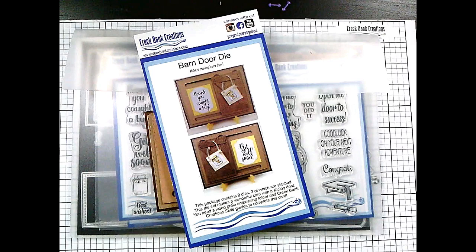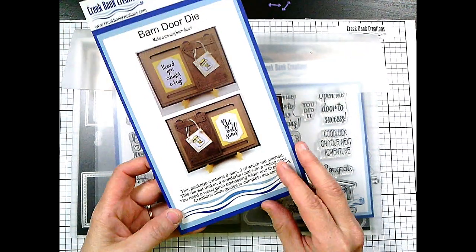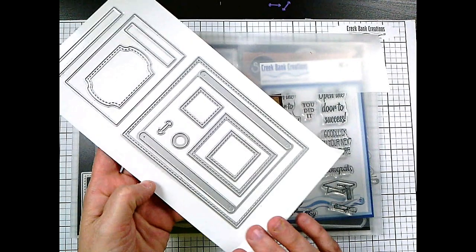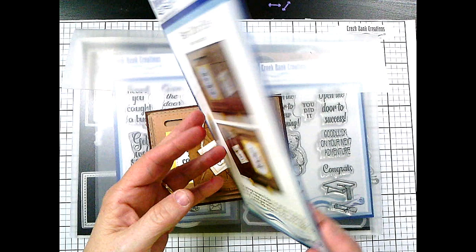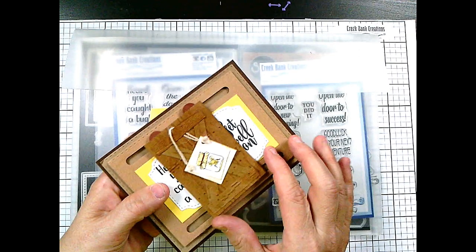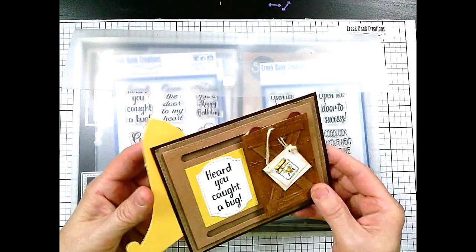I'm here to share with you today the barn door die. This is a fun interactive card. We're going to go over the die elements that are included in the package, and I'm going to explain how to make the card into a moving element. The door slides across the front of this card and offers a fun, unique look for the person that you